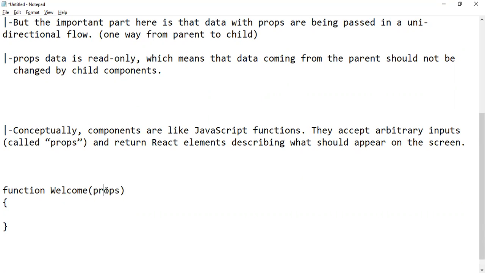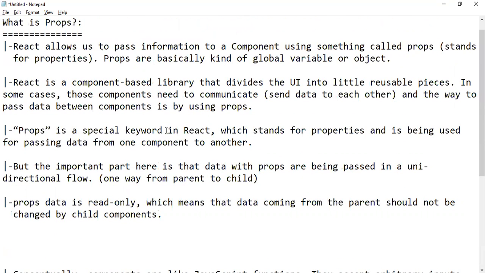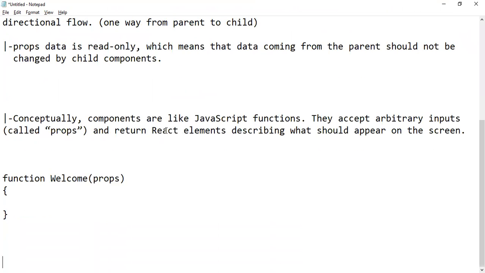So props is a special keyword in React, which stands for properties. And this props is used for passing data from one component to another component. So whatever information the parent component passes, the child component receives in the form of props.